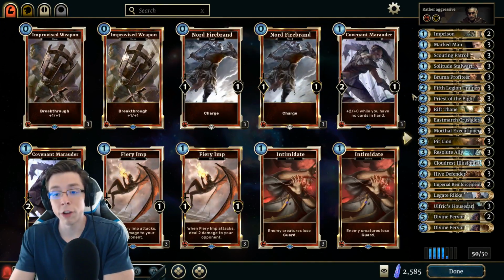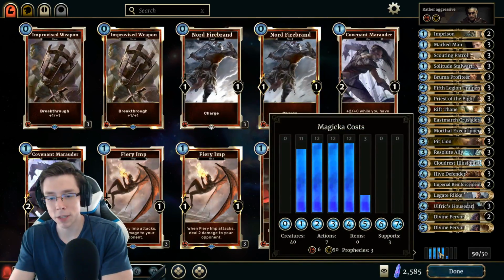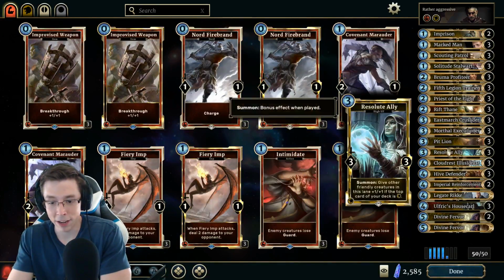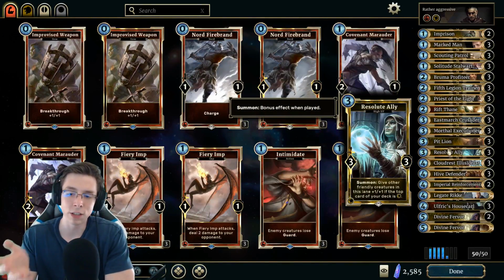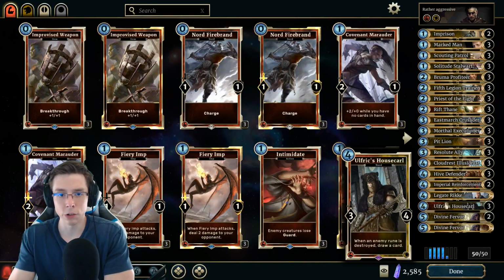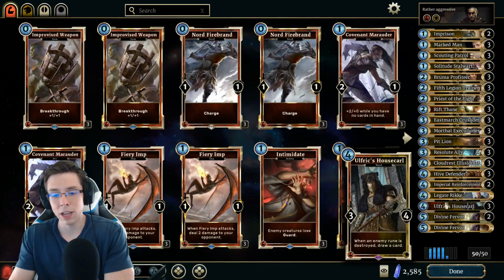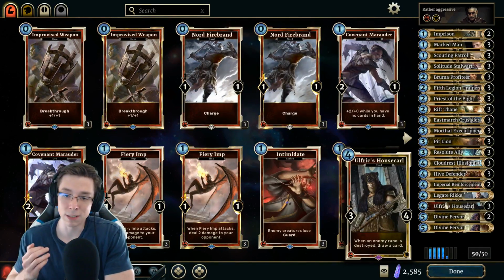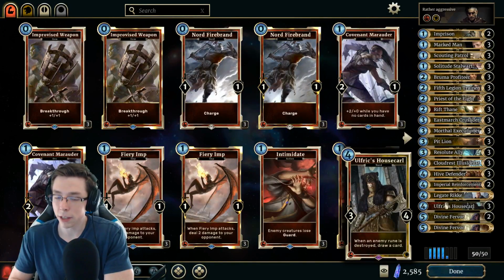As you can see, we are very heavily into yellow, into willpower. In fact, we have a 100% proc rate on Resolute Ally. But the reason I wanted to make it this low curve and this much into yellow and to take advantage of these tokens for their aggressive power is because I think Ulfric's Housecarl, as I mentioned in the first impressions video, is a card that you can really make the most use of in a very aggressive deck because you're getting these immediate card draws, sometimes multiple cards per turn, and it's really annoying to kill because while it doesn't